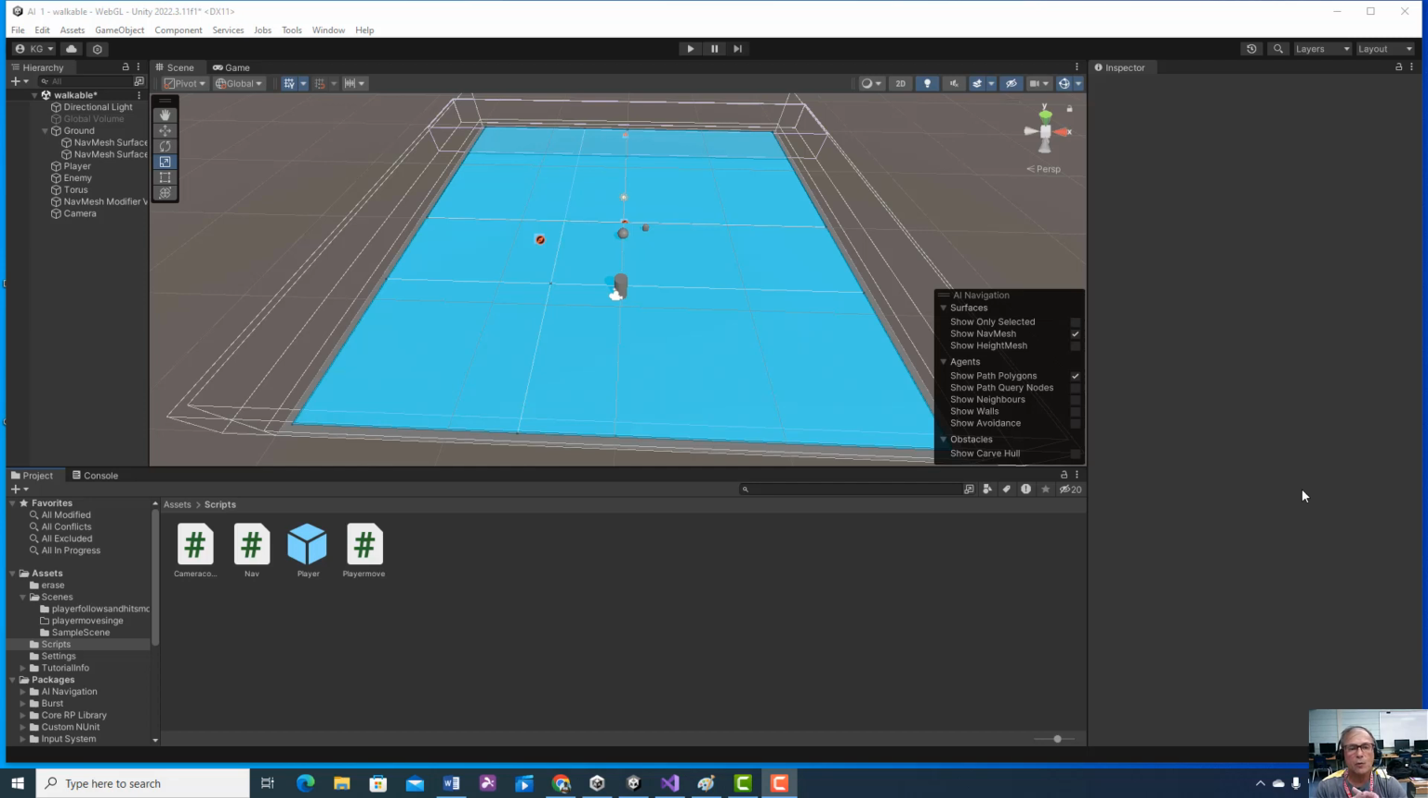So this will be a quick lesson for AI game. And hopefully you've got your player moving and your enemy moving and starting to populate your